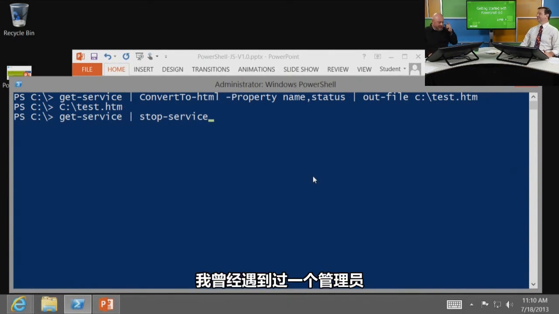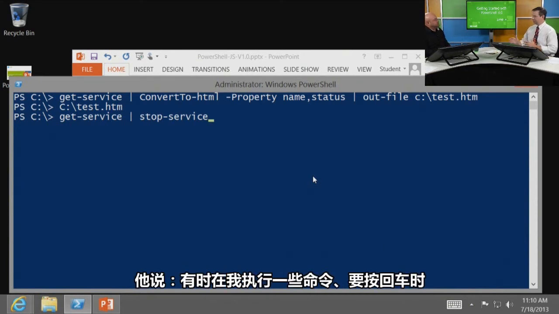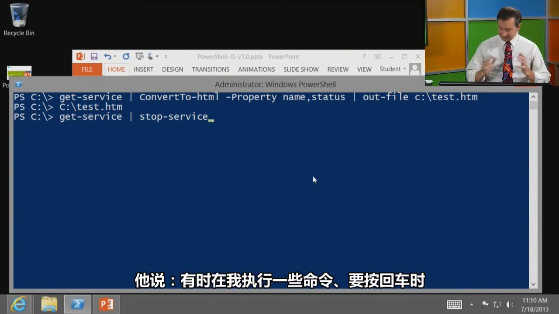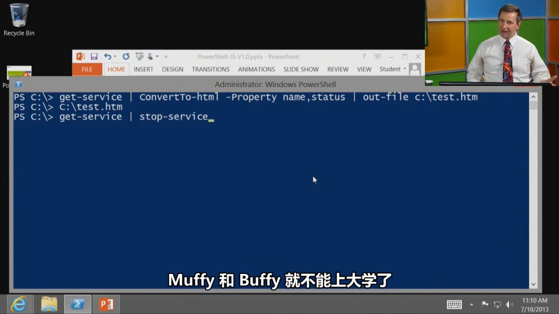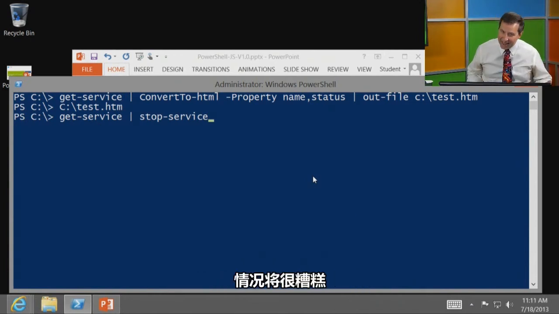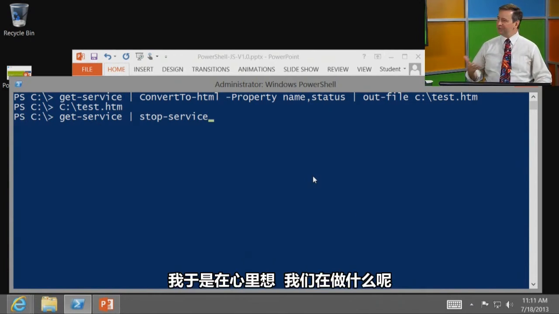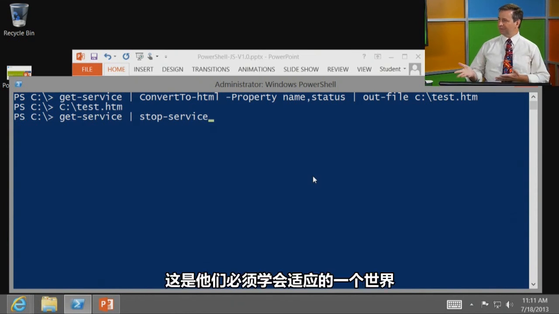Oh. So, no, here's the thing. I once dealt with an admin who said, every now and again, it's late and I'm doing something, and I realize I'm about to hit the carriage return or enter key, and I realize if I get it wrong, that's the end. I'm going to be fired. Muffy and Buffy are not going to go to college. It's going to be bad. I thought to myself, boy, what are we doing that we create an environment where that's the world that they